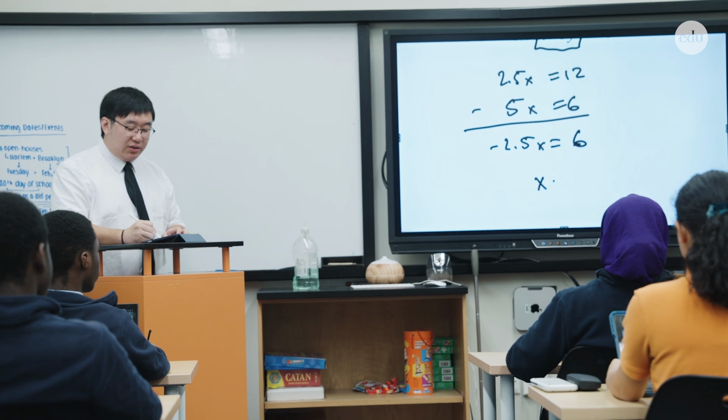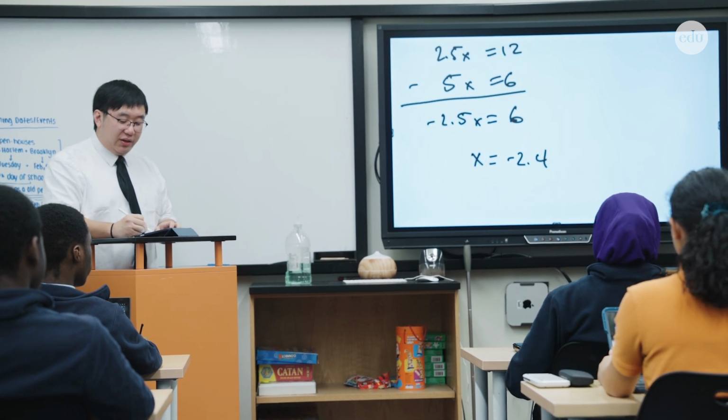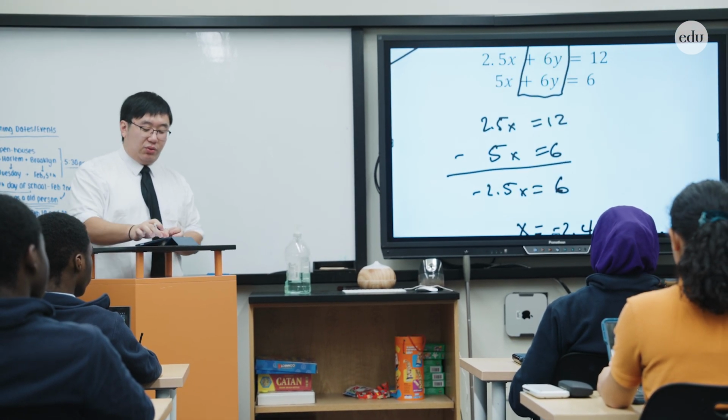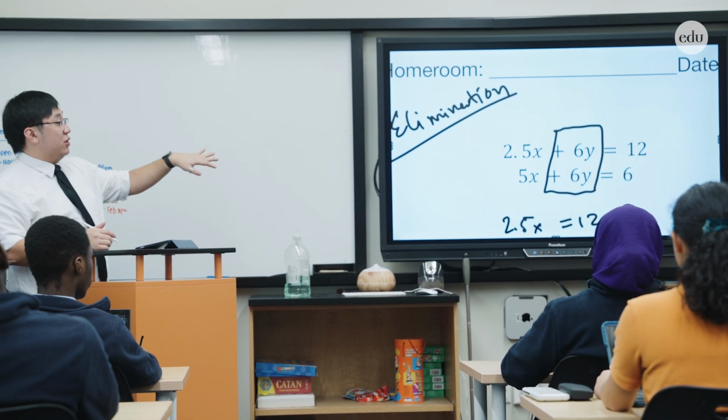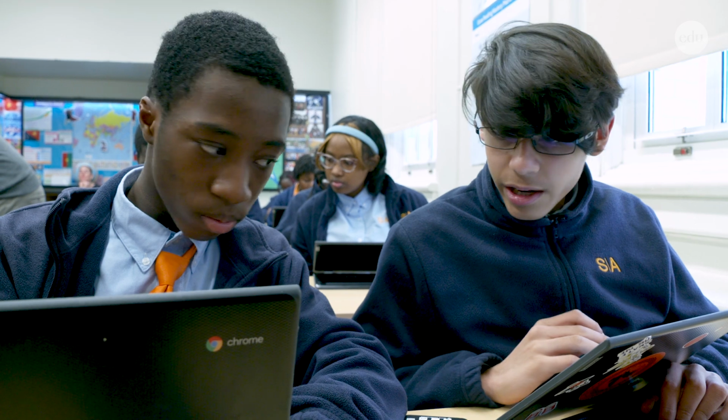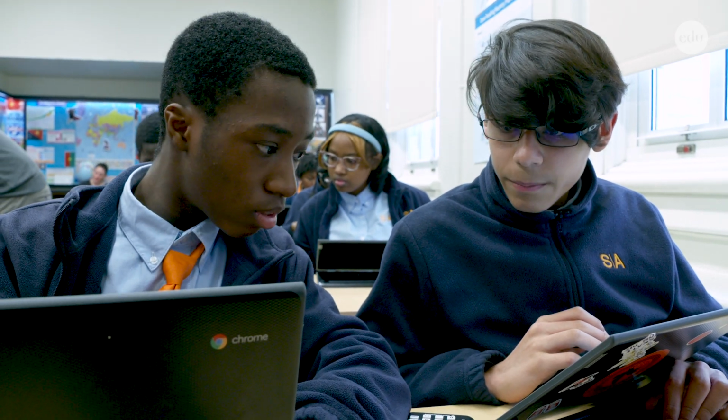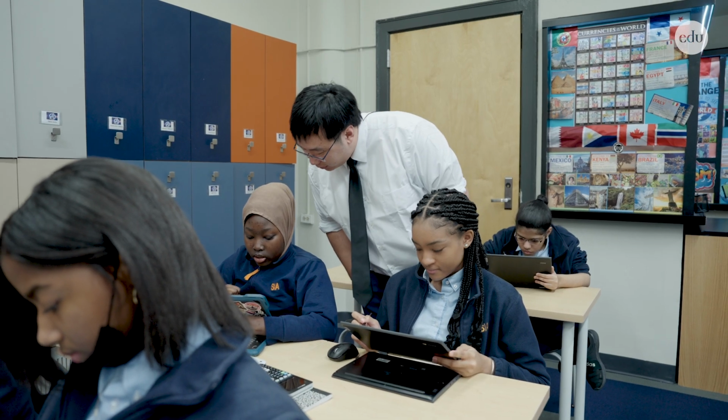From here, we'll get an answer of negative this and whatever the y is equal to. I'm not really worried about the answer right now. I'm really worried about the reason why we chose elimination. And this is why in my classroom, I don't really care for the answer. They can double check once they have the answer. But what we really need to focus on is every minute in class, truthfully, talk about why we set things up so that when they see a problem, they have an idea of where to start to think.